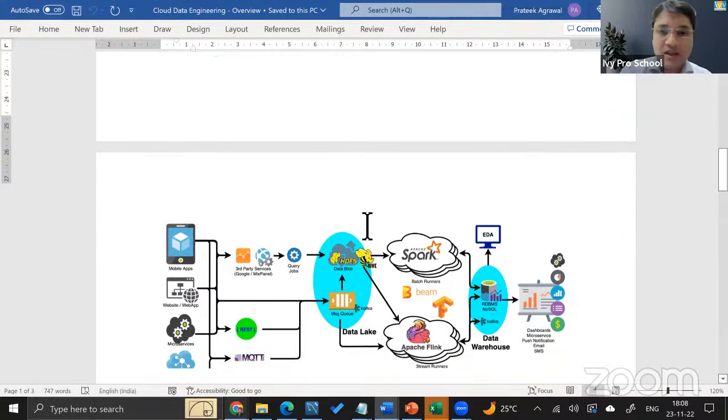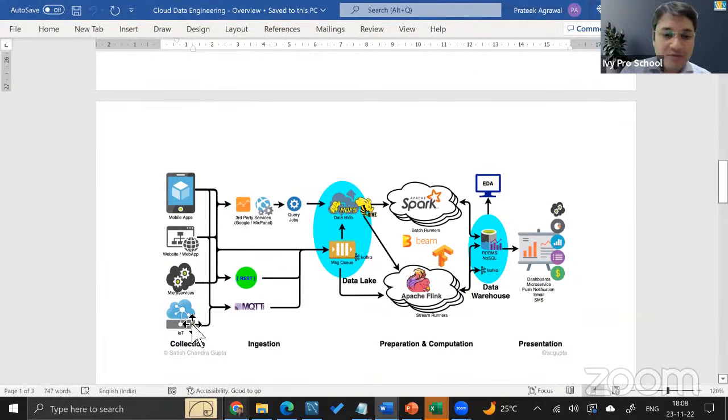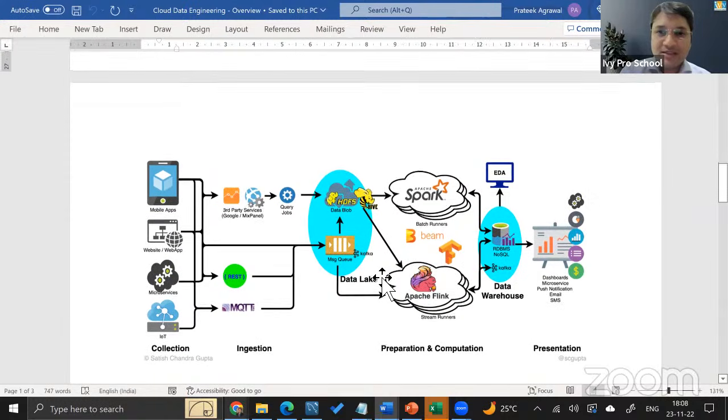And I've got a very good image, which I took from Mr. Satish Chandra's blog, which nicely presents what happens in the entire data pipeline. Collection, which is coming from different sources, ingestion, depending upon whether it is transactional data or stream data, you essentially bring them together. It goes into a data lake, which you can imagine like a large repository of structured and unstructured data.